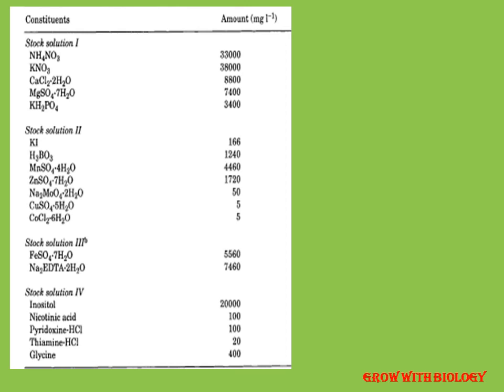So how do we add them? After autoclaving, you add the growth hormones with the help of a syringe and a sterile micropore filter, that is known as filter sterilization. We use a filter with a membrane of very fine micropore size, and then you add your hormone solution over it, and after filtration it gets added to your medium.